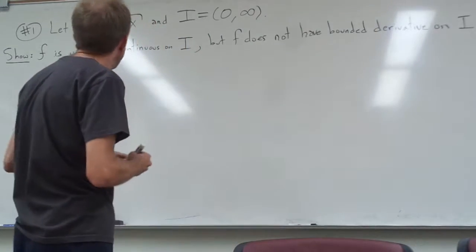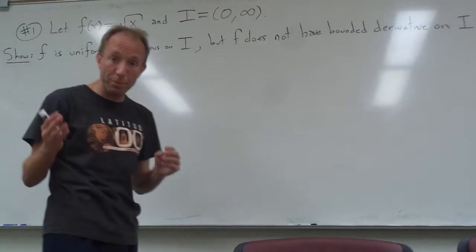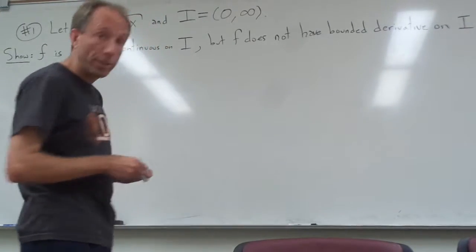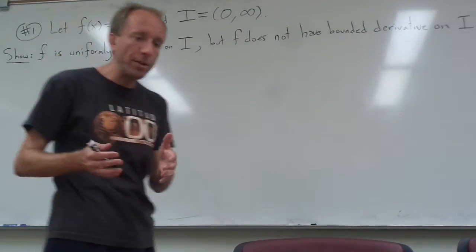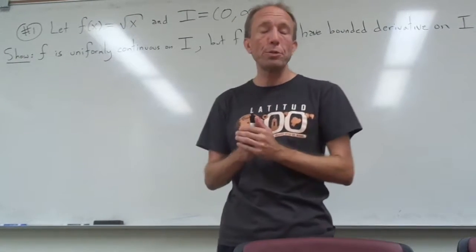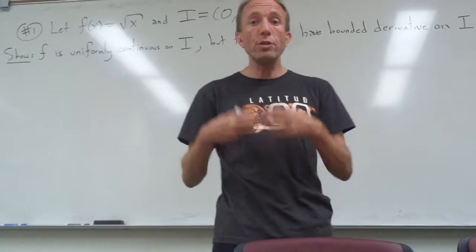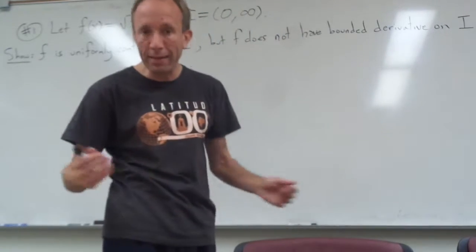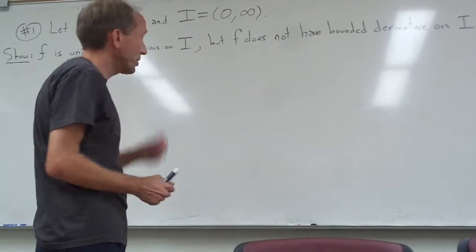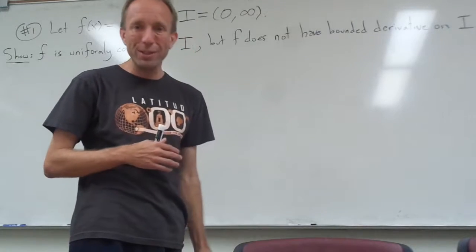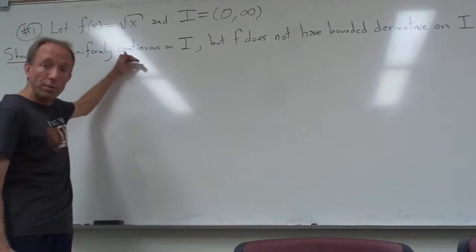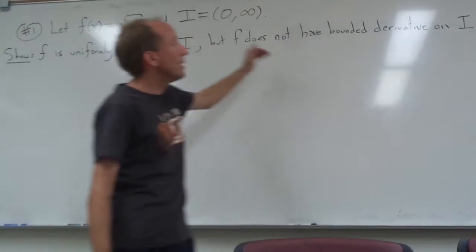So the first one is quite an important example, because you'll remember in class one of our results about derivatives was that if a function has a bounded derivative, so the absolute value of f prime of x is bounded, then the function is uniformly continuous on whatever domain that derivative was bounded on. So this example is going to show us that the converse of that result is not true. Namely, that it is possible for a function to be uniformly continuous even though it doesn't have a bounded